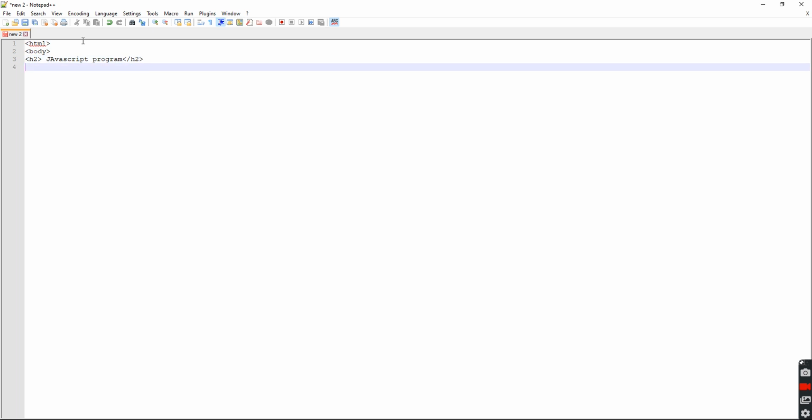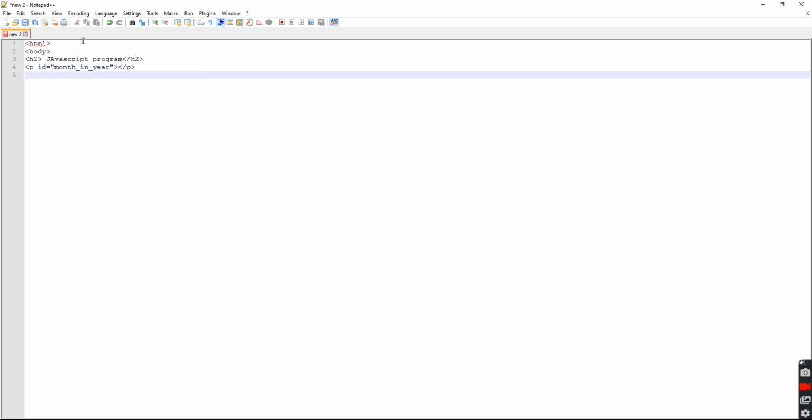So we are closing the header, then we are writing another tag, a p with id equal to month. Here we are closing it, and then p is also closing. After that, when we are closing the paragraph, we are coding a button, and we are writing